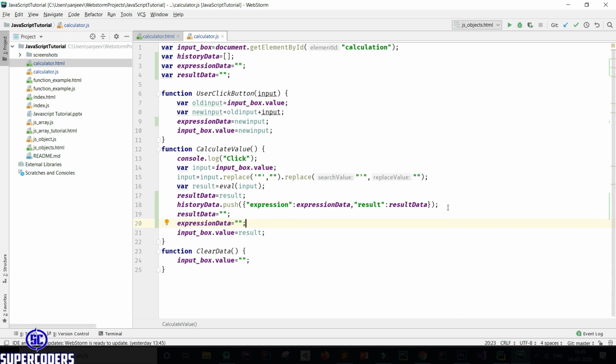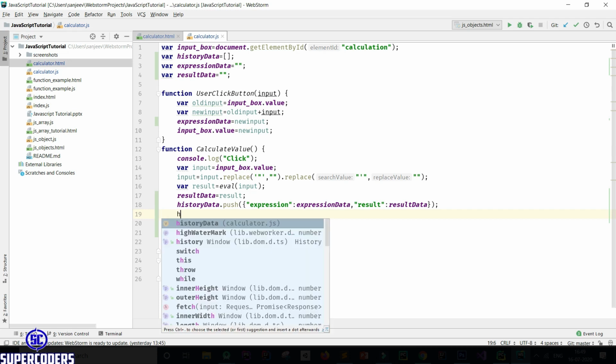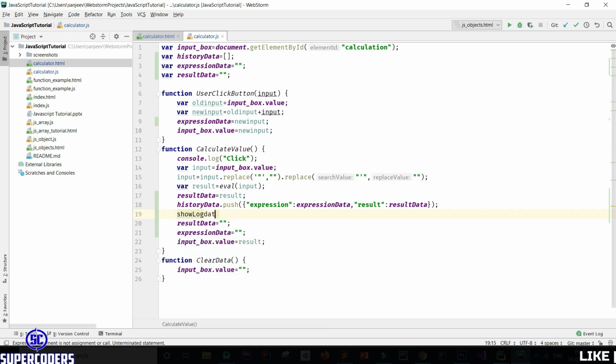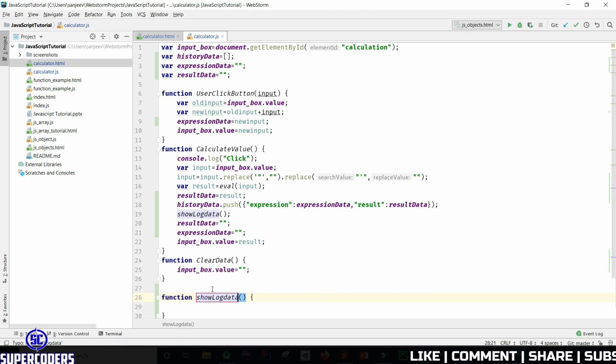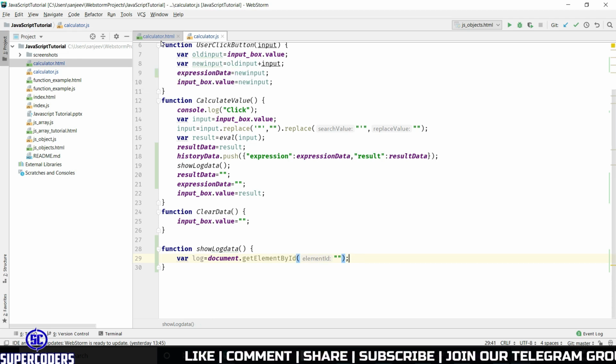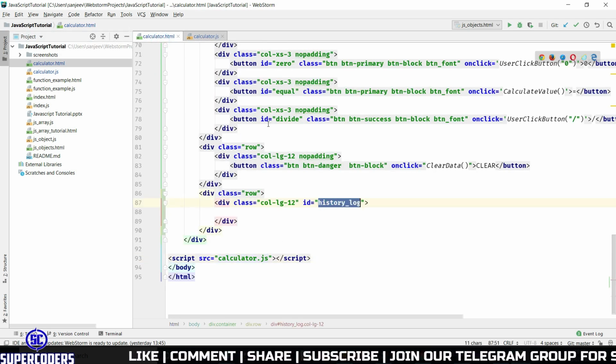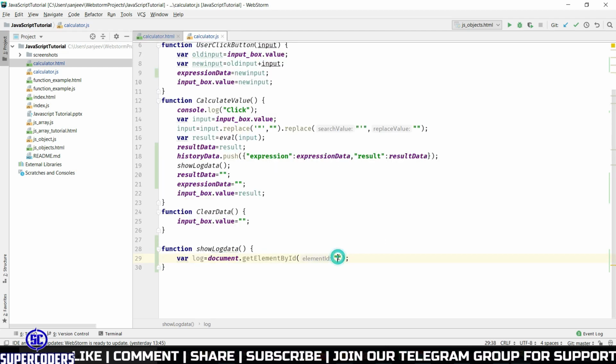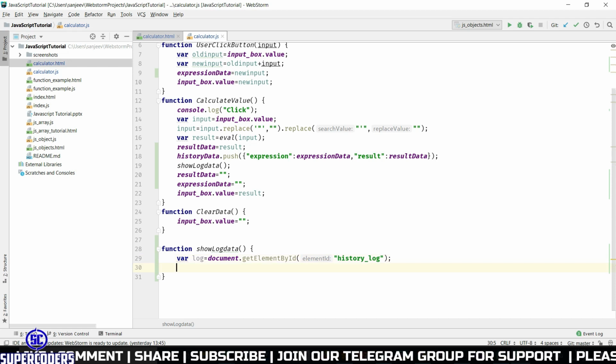So after pushing, I will append the value into our log div, which I just created. So show log data. Now let's create this function. Then var log equal to document dot getElementById, passing here the id which I just created. Then creating a for loop.